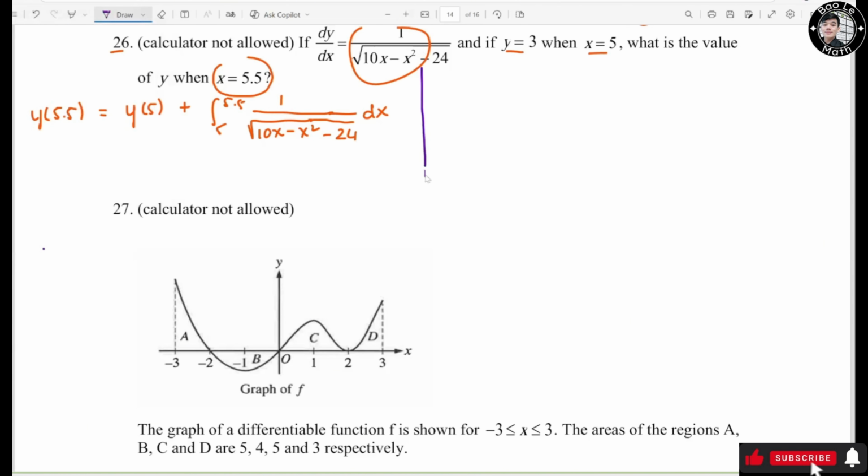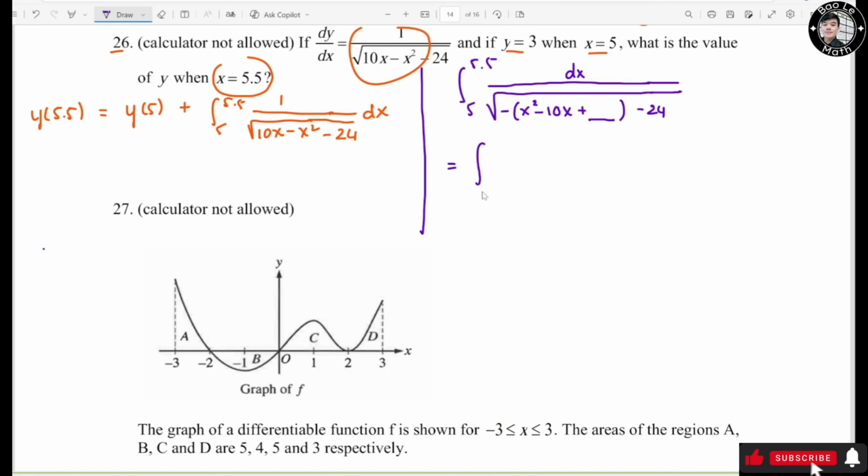Now I'm going to calculate this one on the side. I'm going to factor the negative sign out so that I can complete the square. So this turns out to be the integral from 5 to 5.5 of ds over